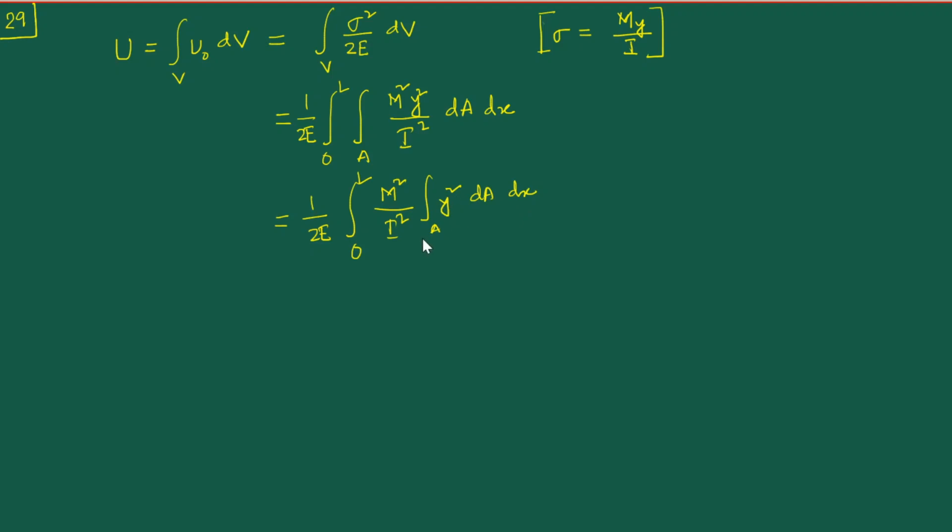Now what this thing is, if you think about it, you'll realize that this is nothing but the second moment of area, which is just this I. So this integration over the entire area, y square dA, represents the second moment of area. So what we have is this thing. And usually this is written as